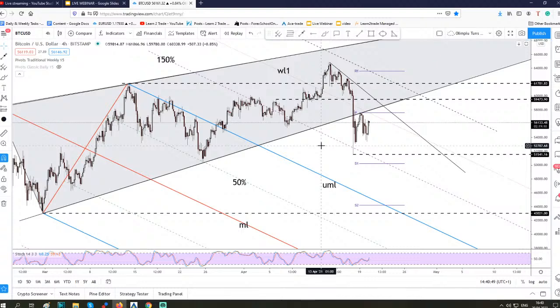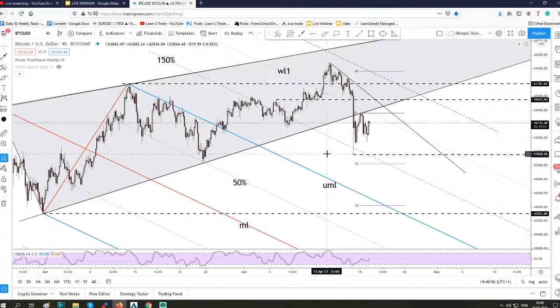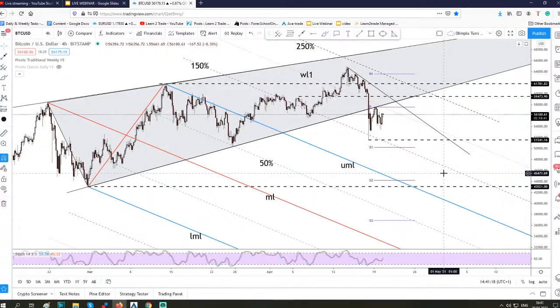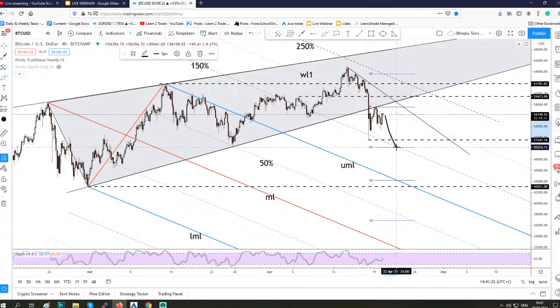It has found support right at 51,541.16. It has increased to retest the weekly pivot. It has increased again, and now personally I believe that the price of Bitcoin could move sideways in the short term. And I believe that a larger corrective phase will be confirmed only if the price drops right below this former low to form a new lower low. Then it could continue to drop, and maybe it will drop towards 43,021, but